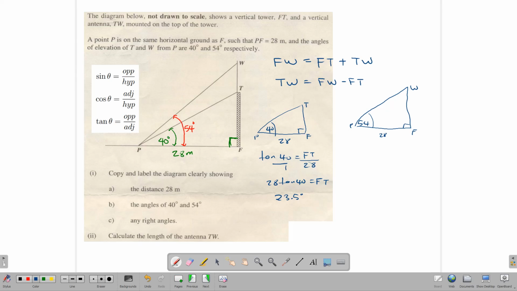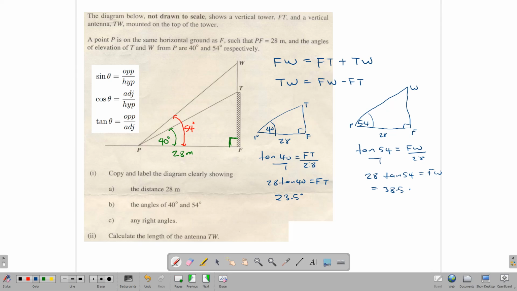And we want to find FW. So using the same idea, tangent of 54 is equal to opposite FW divided by 28. Cross multiplying again, 28 tan 54 gives us FW, and punching that into your calculator gives 38.5